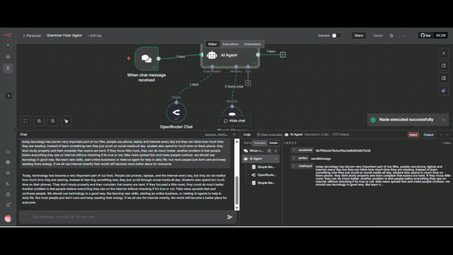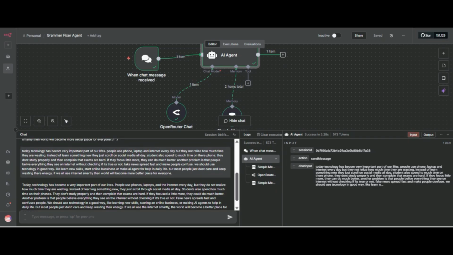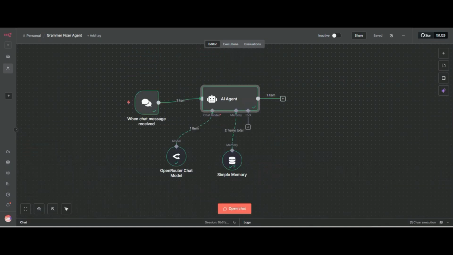See, it saves our data to simple memory, then goes to the LLM and generates a response, and again it saves the agent response into memory. Now you can see what we sent previously and what it gave us. So now we have completed our agent.